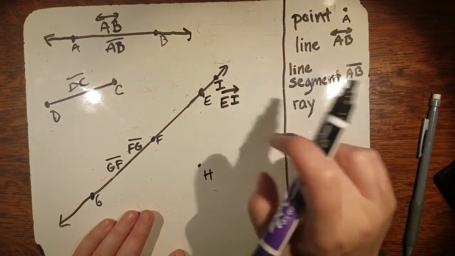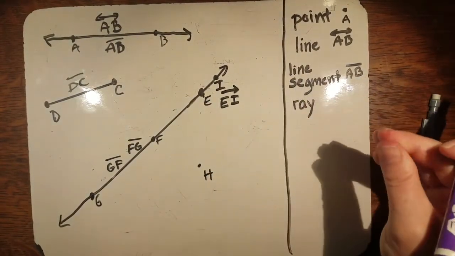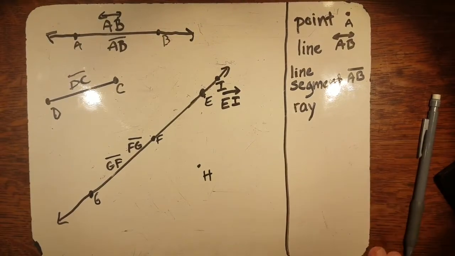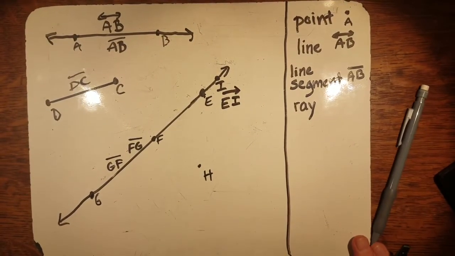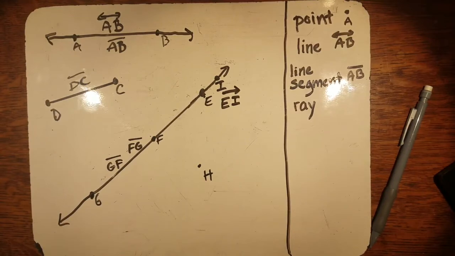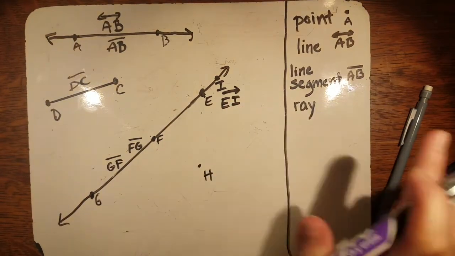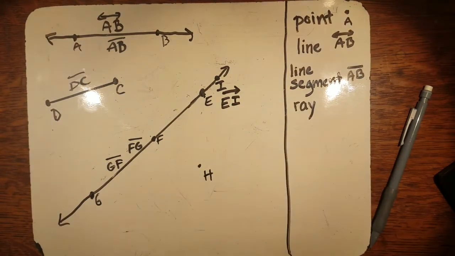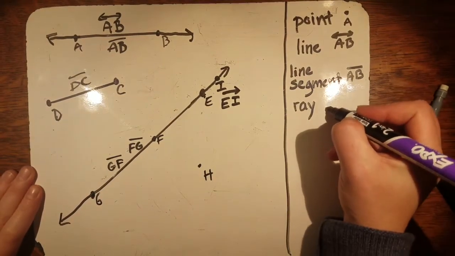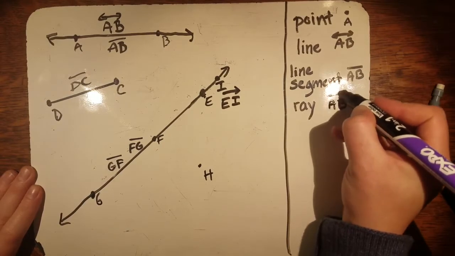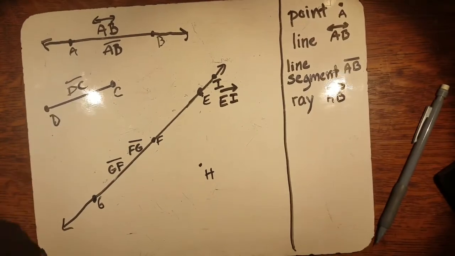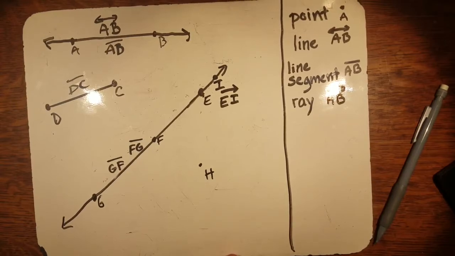It's always going to go to the right, and that's just so that we have a common language between all of us, and that's totally okay. I'm going to just mark A, B with one arrow there. So we've talked about points, lines that go forever, line segments, which are parts of the line,